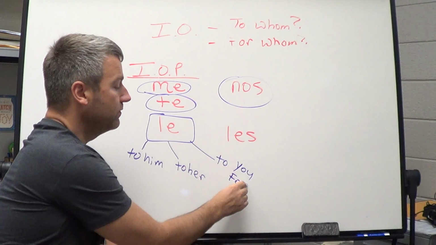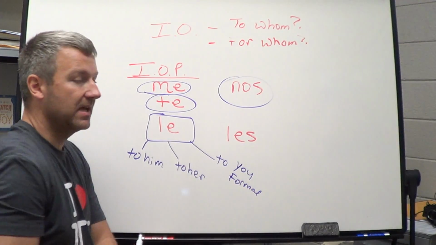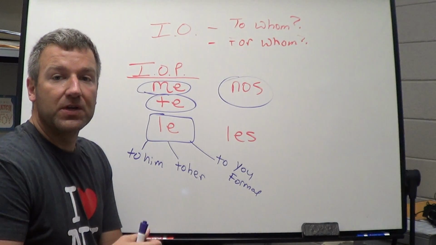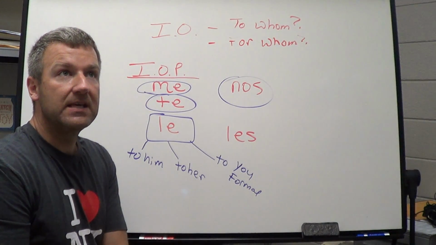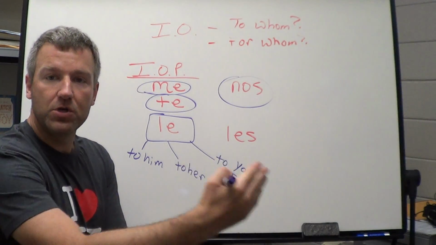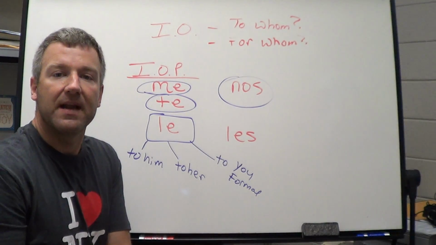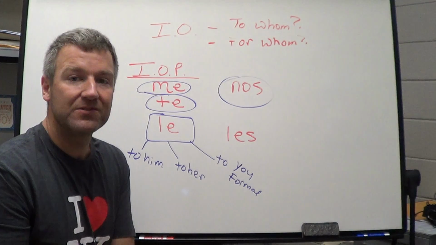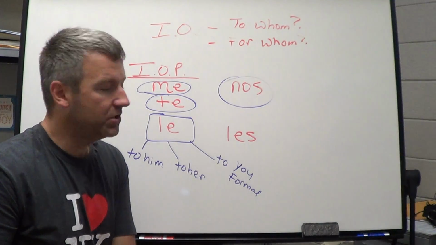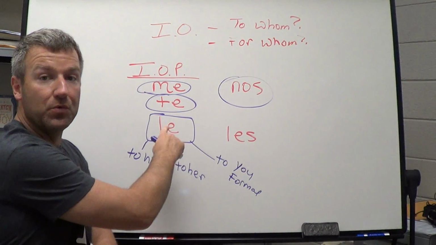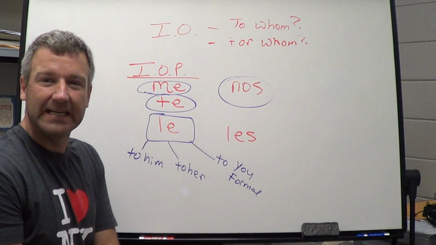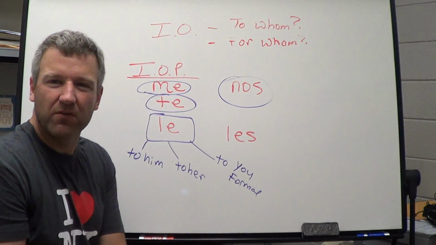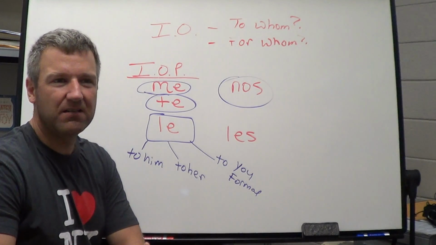What do I mean by you, formal? I mean, for example, if I am saying, hello, Dr. Henshaw, here is a gift that I bought for you. Here's something that I'm going to give to you. So since he's my boss, he is an authority figure, I would use the more formal you to refer to him. "Le." I wouldn't use "te." I would use "te" with, again, a friend, a brother, somebody that is